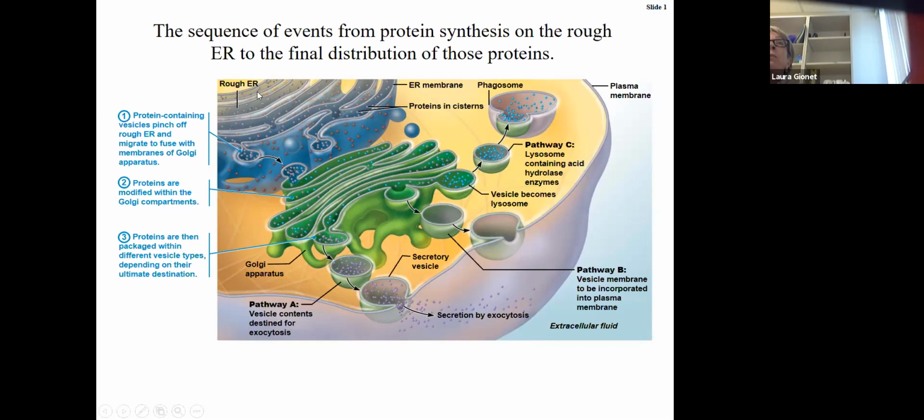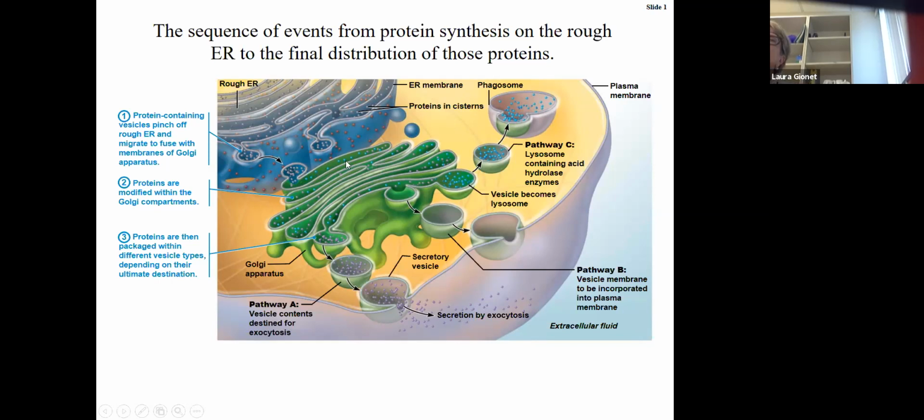But this just helps you see the relationship of the rough ER to the Golgi apparatus and how the material will pass through these sacs and then they bud off. And once it buds off, it takes a part of the membrane of that rough endoplasmic reticulum and forms a vesicle. So, over to the middle top area, you can see those little blue balls floating around. Well, that generically is called a vesicle. Now, some of those might be dragged over to the smooth endoplasmic reticulum and acted on, but many of them